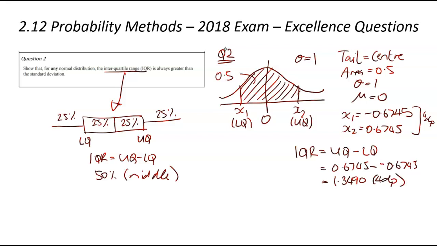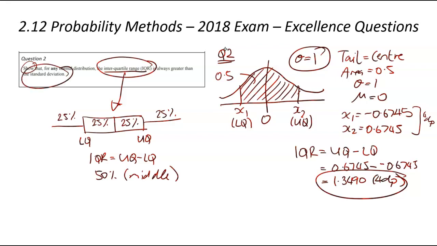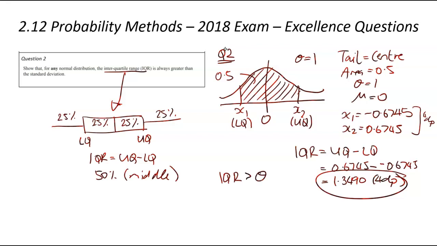So this here tells us the interquartile range, and we have the standard deviation up here. So if we go back to the question, it said, show that for any normal distribution, the interquartile range is always greater than the standard deviation. And what we're going to do is compare these numbers because this is a standardized normal curve. This could be any data set. And in a standard curve, if the standard deviation is less than the interquartile range, we've shown what they've asked for us. So in our case, we've got the interquartile range is greater than the standard deviation, and that's because